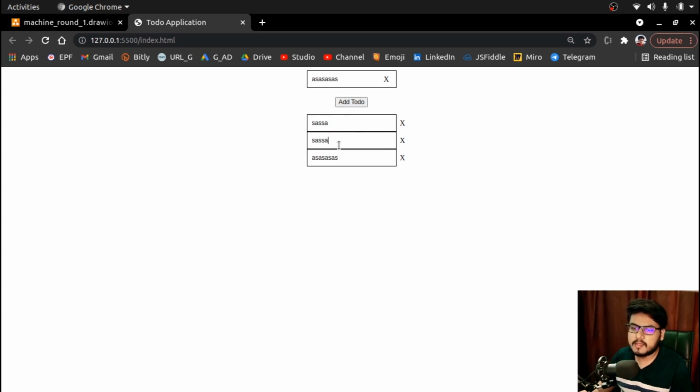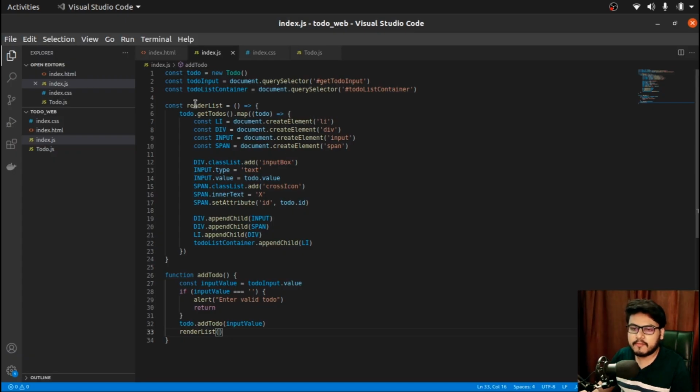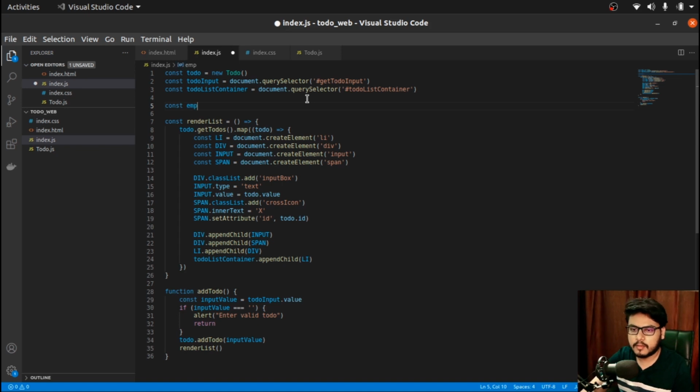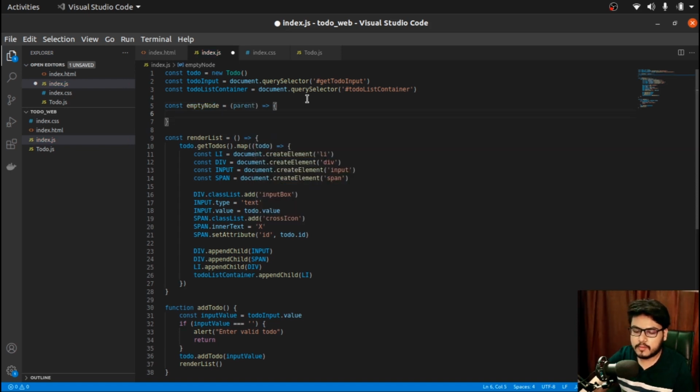So we can see that things are rendering, and the reason why you can see this getting rendered twice is that we have not cleared our to-do list container. Before rendering the list we have to clear the to-do list container to empty it. I think I have a good logic, so we can create a function, say empty node, which takes a parent node. So while we have a child present inside a parent node,